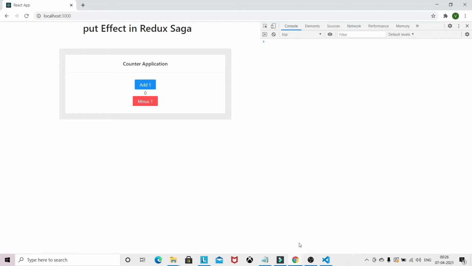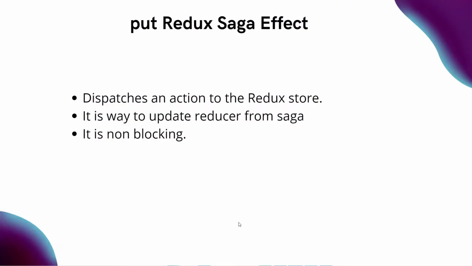So I have created one small slide. Basically, what does put do in Redux Saga? It dispatches an action to the Redux store. If you're already aware of Redux Thunk, where we have a dispatch method to dispatch an action to the Redux store, here we have a put method to dispatch an action to the Redux store.